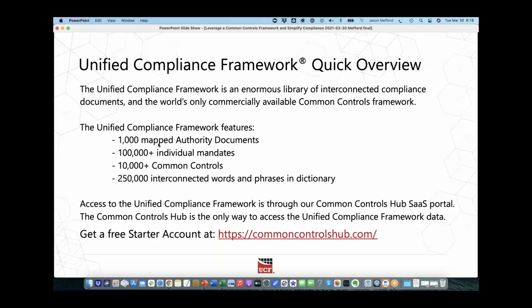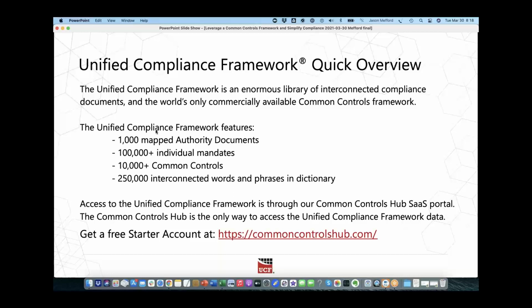There are hundreds of thousands of individual mandates that have already been mapped back to between 10 and 15,000 common controls. All of the dictionary, the noun translator we talked about, the verb translator we talked about, all of the information to be able to crosswalk and do all of that has already been built into a SaaS portal that you can actually subscribe to.